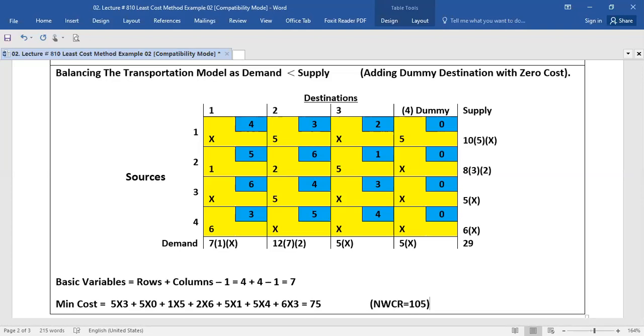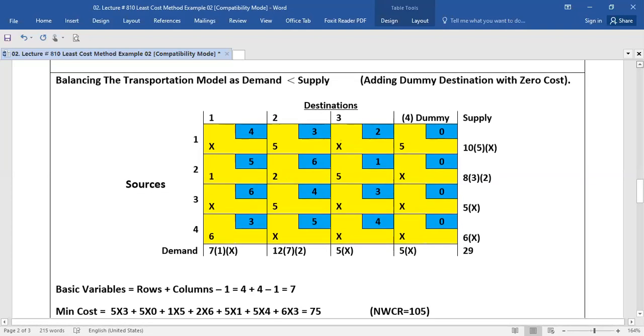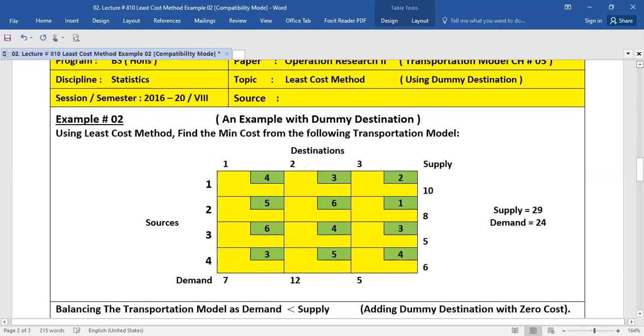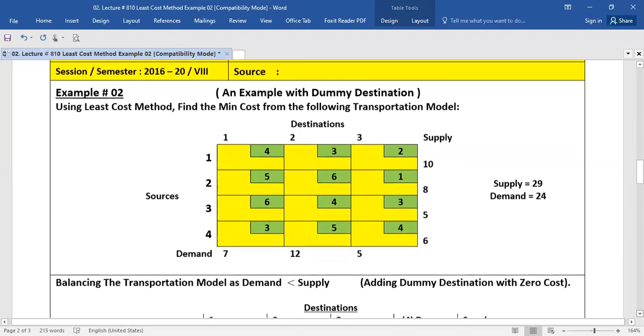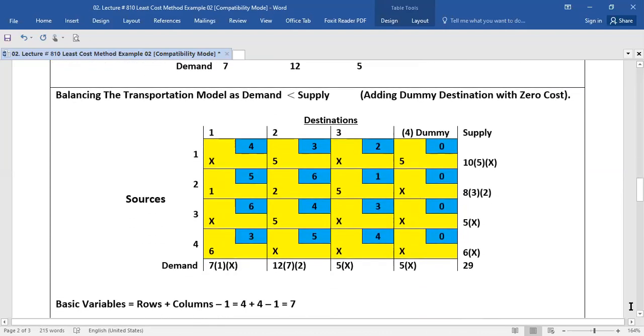Today we have discussed the least cost method. In this method, when you put a dummy column which has all the zero values, you will make the allocation in this way that in the first step you will cross all the zero values. This is the main point. You will calculate this way whenever you use the least cost method.